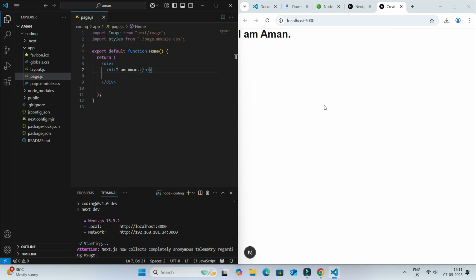By this process guys you can make a change in your web page here, and whatever change you want to make you can do from here. If I want to write in H2, I write H2 here and I am writing I am learning Next.js. Guys, you can see I typed here I am learning Next.js, and after that I press Ctrl+S to save, and you can see here it is showing I am learning Next.js. Guys, if you want to make any change in your web page and if you want to do anything, all of those processes you have to do here.